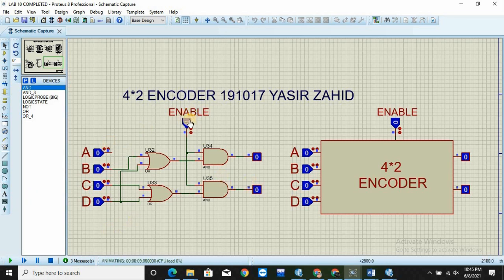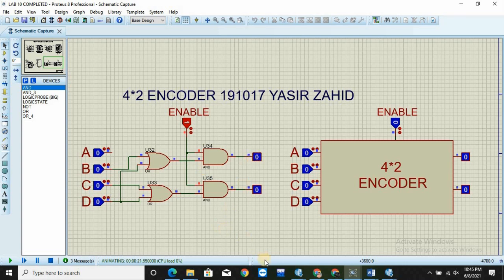First of all we are going to turn our enable on, and here we can see for A it does not matter because B, C, D are going to give us 0 anyways. So for A we have 0 0, for B we are supposed to get 1 0 just here, for C we are supposed to have 0 1, and for D we are supposed to have 1 1, just like we discussed. This part verifies the truth table.